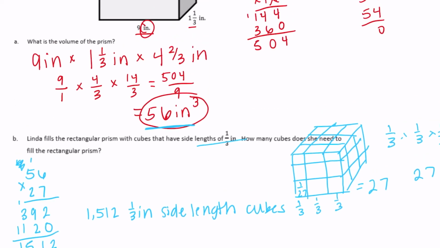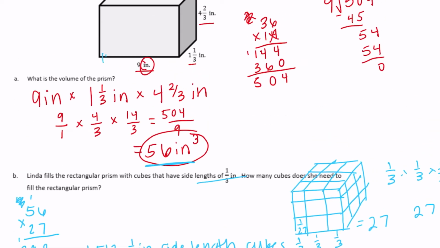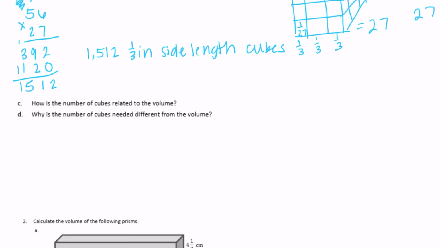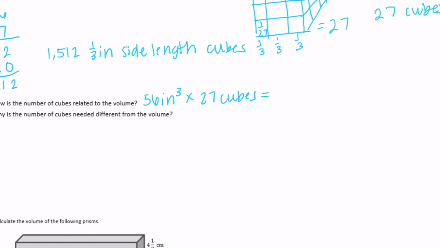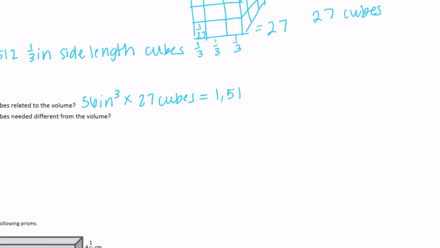So another way you could have done that was, we know that we could fit a third side lengths in there, so multiplying all of these by 3, and you could have done 27 times 1/3, 1 1/3 times 3, and 4 2/3 times 3, and then found the volume that way, or found how many cubes could fit in it that way. How is the number of cubes related to the volume? Well, the volume was 56 inches cubed times 27 cubes in each one of those, and we got 1,512 smaller cubes,